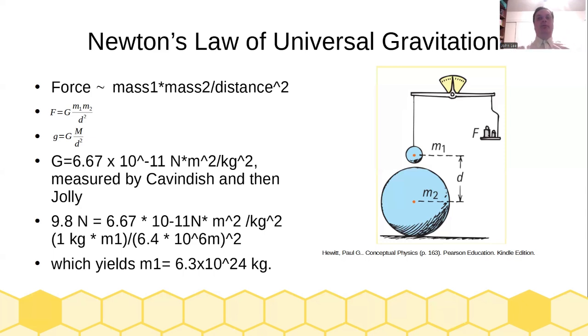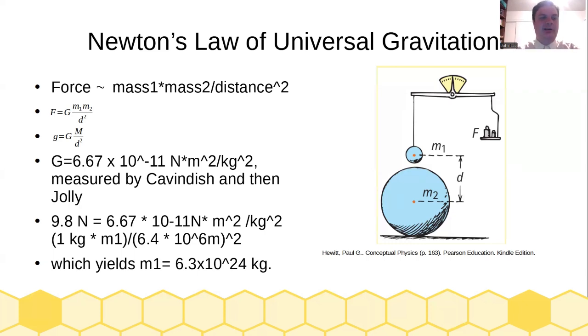By knowing both the masses, which we didn't know at the time for the Earth, he was able to separate out this big G value and found that it was 6.67 times 10 to the negative 11th Newton meter squared per kilogram squared, which means that for two 1 kilogram masses, a distance 1 meter apart, the force that's going to be measured is going to be 6.67 times 10 to the negative 11th Newton,